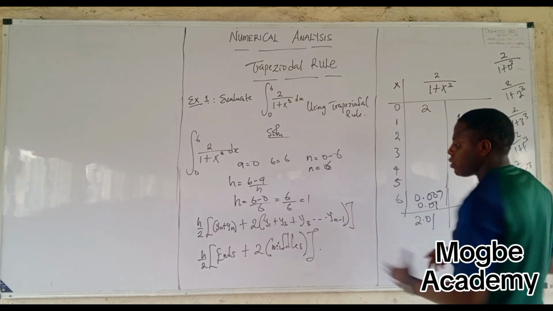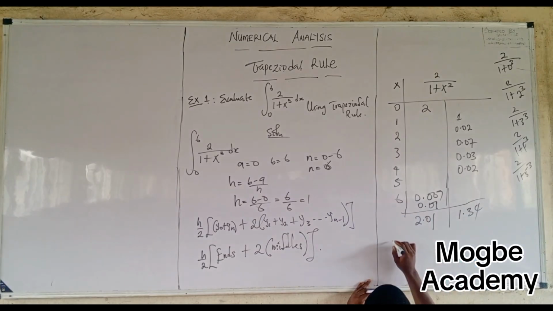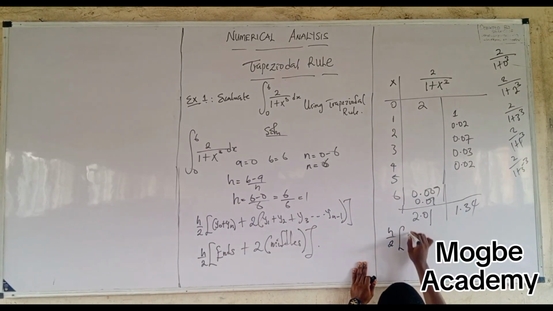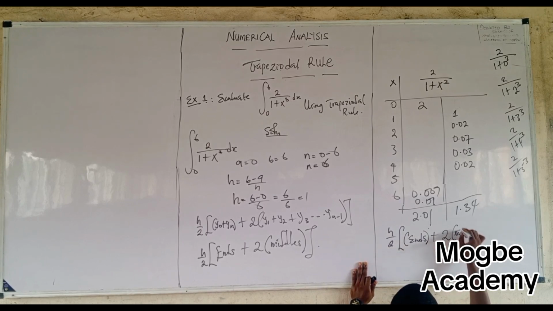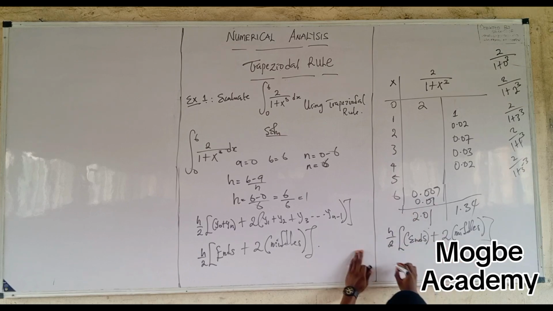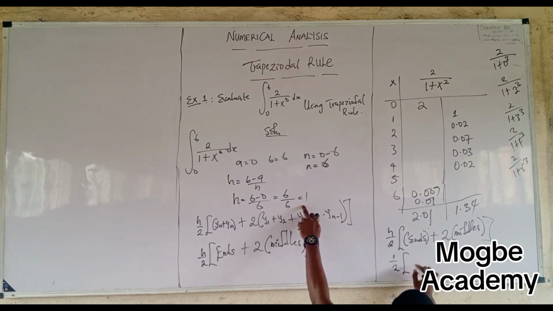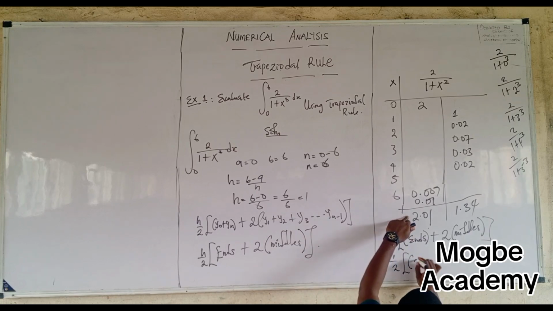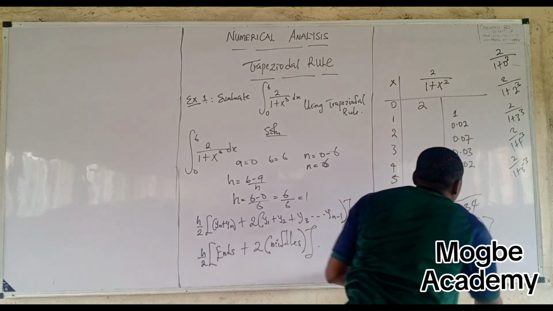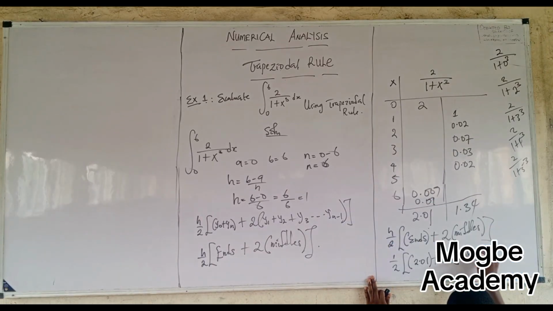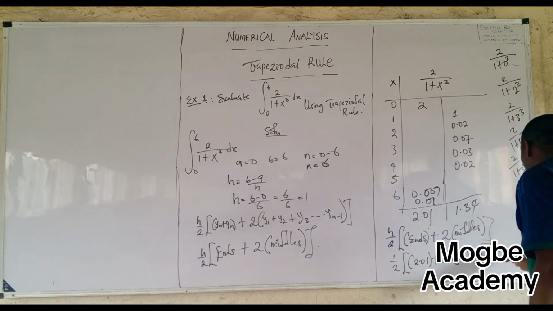Take this back to your equation. Now recall we have h over 2 into both ends plus 2 bracket both middle. Are we together? Now, if you apply this equation here, we already know our h. Our h is 1. So we have 1 over 2 into both ends, which you got the total to be 2.01, plus 2 brackets, the total for your middle, which is 1.34. Now, if you punch that with your calculator, you simply arrive at